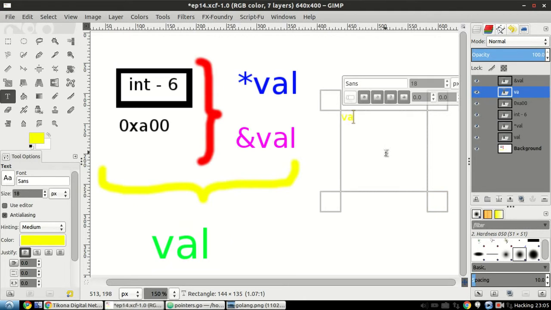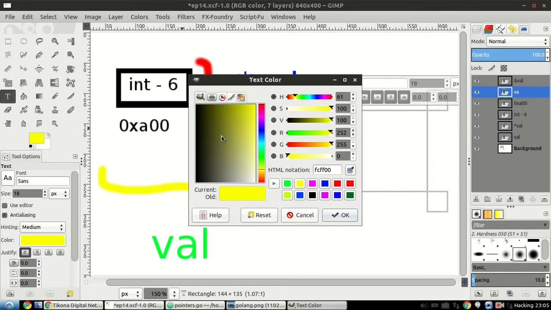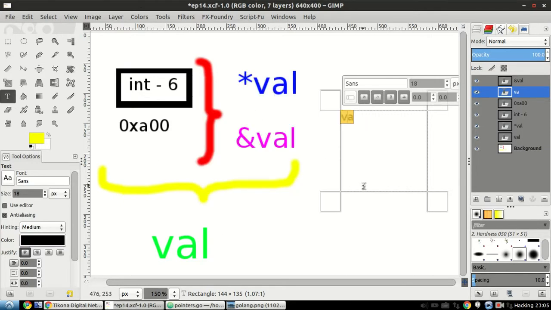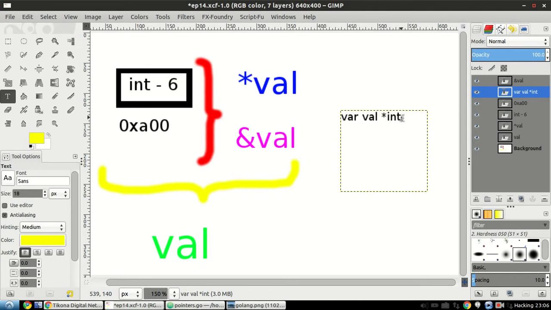I want to do something like var val, which is a pointer, of type star int. This denotes that the variable val is a pointer pointing to an address which stores an integer value.